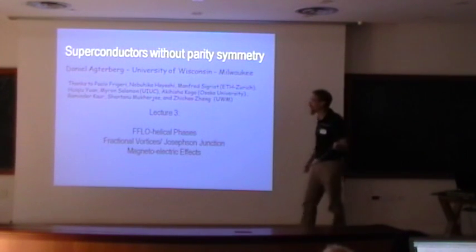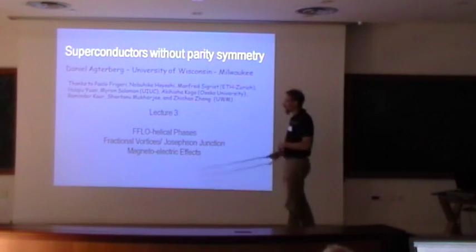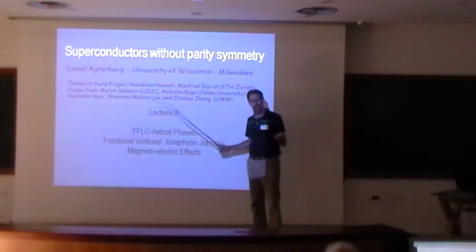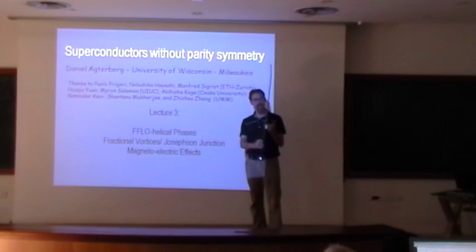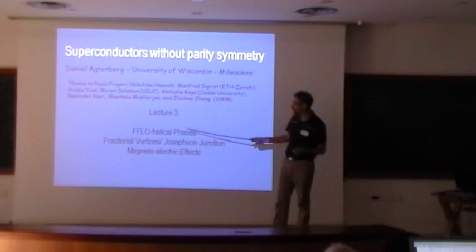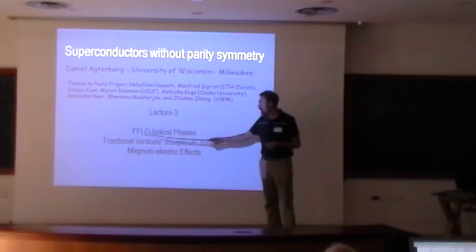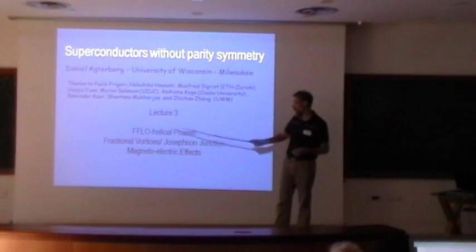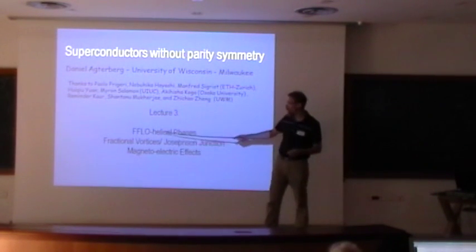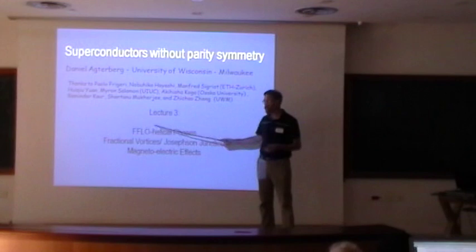So when I talk about the Rashba superconductors, I talk about what happens when you put the field on the fourfold symmetry axis. And I didn't talk so much about what happens when you put the field in the plane. It turns out when you put the field in the plane, you very easily get these sort of stripe phases and what I call helical phases appearing. And I'll talk about these two types of phases that show up.